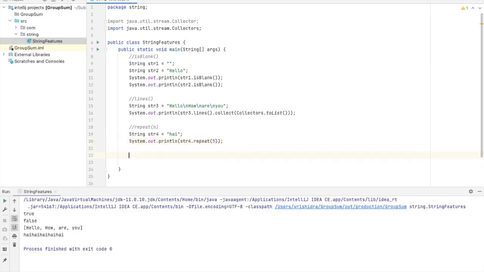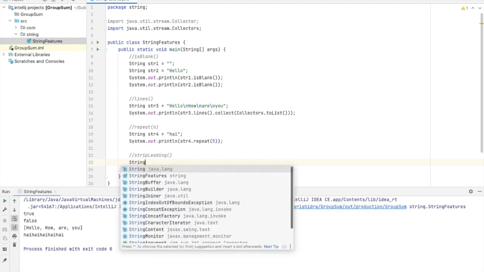And the next is the stripLeading method. This method is used to remove the white space in the front portion of the string.